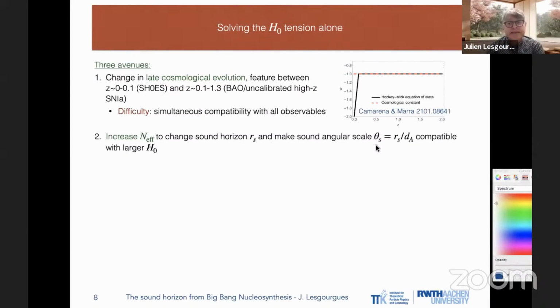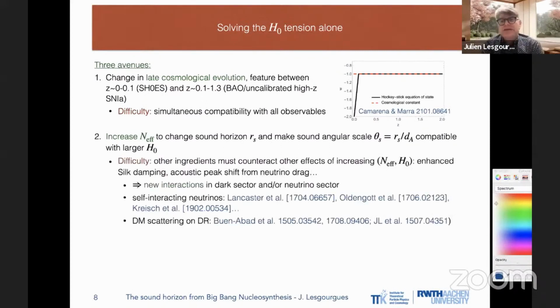So this is promising, but there are many difficulties associated to it, because when you increase N effective and H0, even if you preserve this angle, there are lots of subtle effects that occur at the level of perturbations, and that may spoil your fit to the CMB. You increase the Silk damping, you shift the acoustic peaks in both amplitude and scale due to an enhanced neutrino drag effect. And so you need to counteract these effects if you want a workable model,